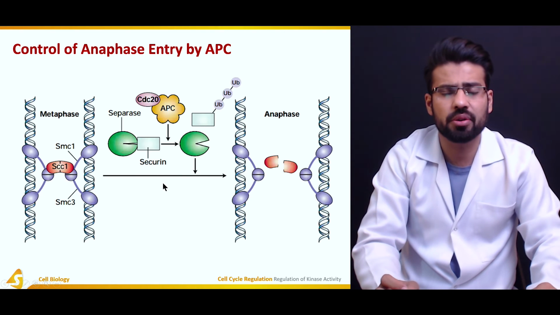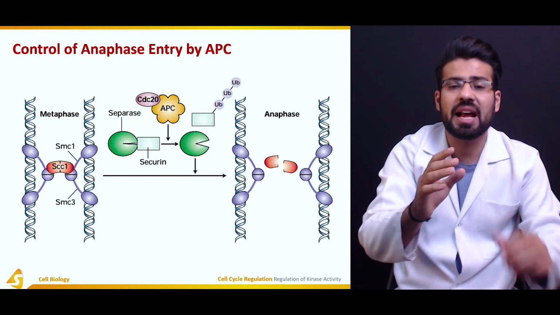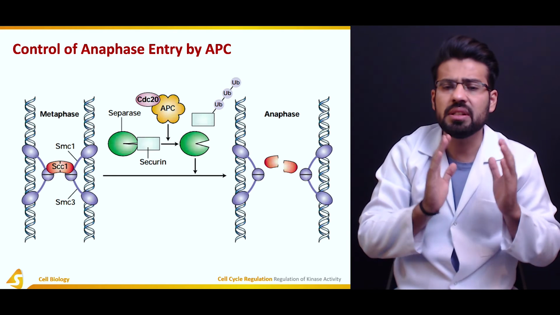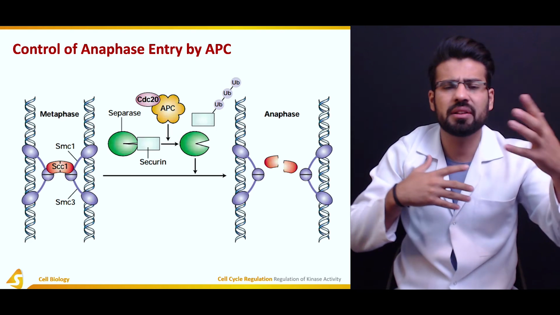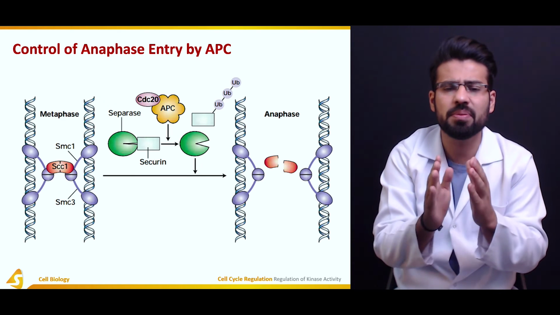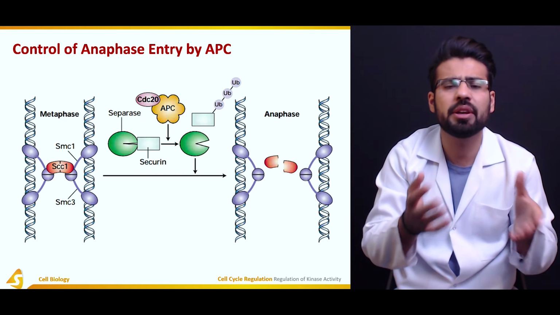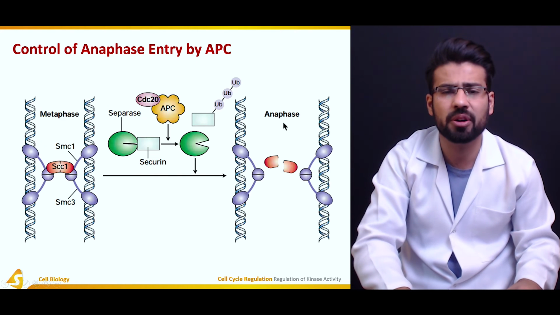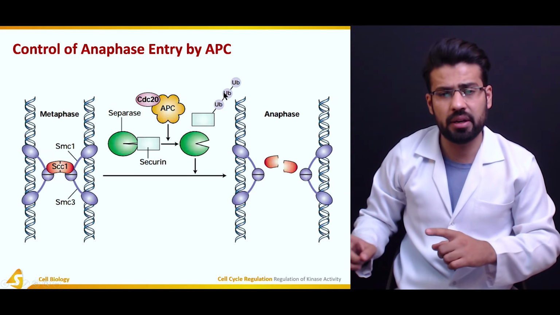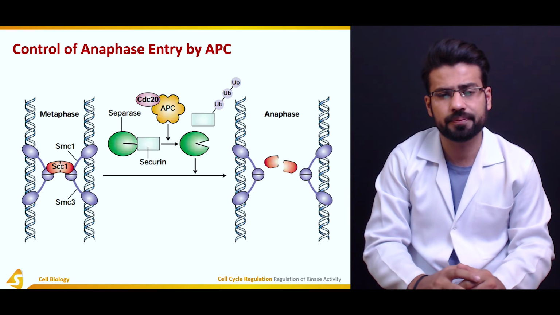So talking about the control of anaphase entry by the APC, we have discussed in the beginning of the section that APC is being activated by CDC20. Now CDC20 is basically activated by another enzyme, polo kinase, but that's not the topic of our discussion. So activated APC basically tags a securin molecule with ubiquitin signals. So there is a polyubiquitin formation as shown over here, and this polyubiquitinated securin is being degraded by the proteasome, under the process of proteasomal cleavage, of course.